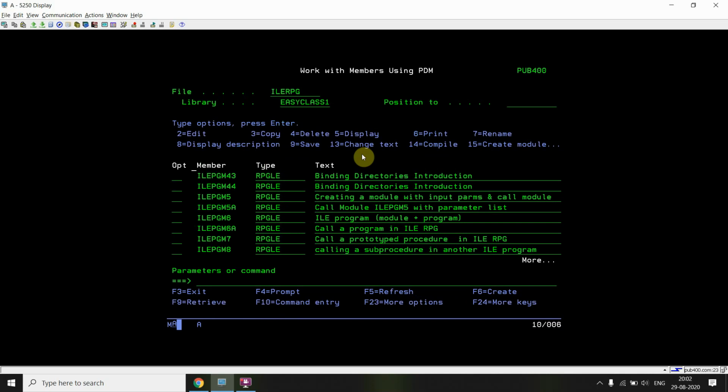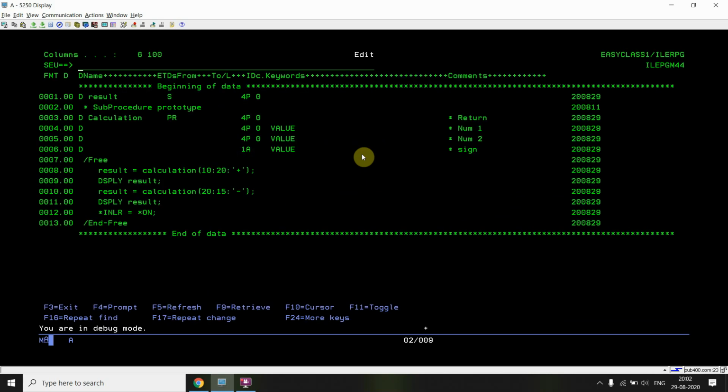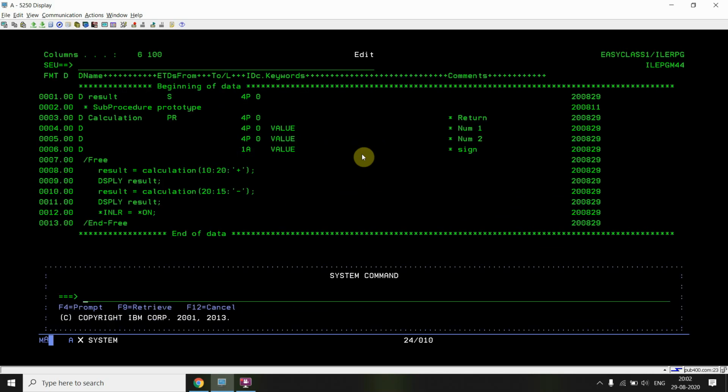Now let me show you another thing. For example, I'm not binding that, just see this. Here you saw that I used create PGM, and I bound the service program ILE PGM 43.